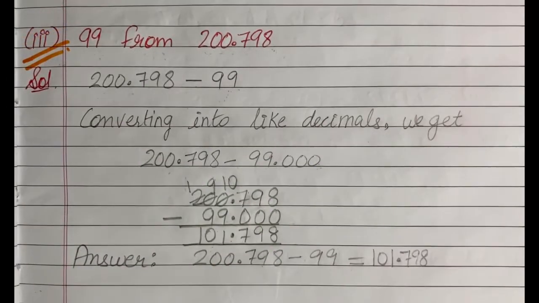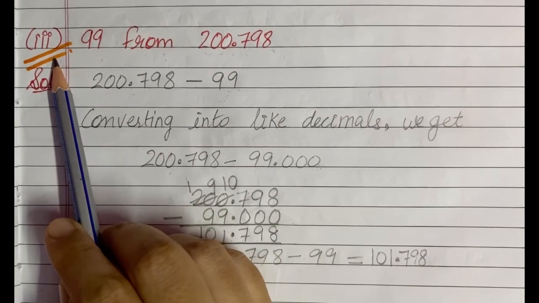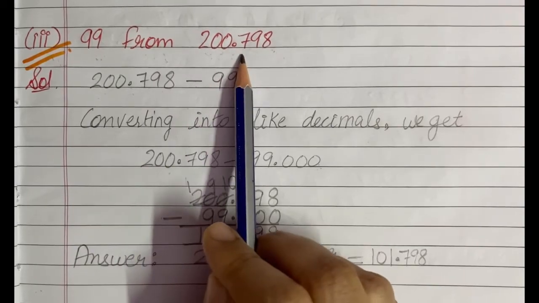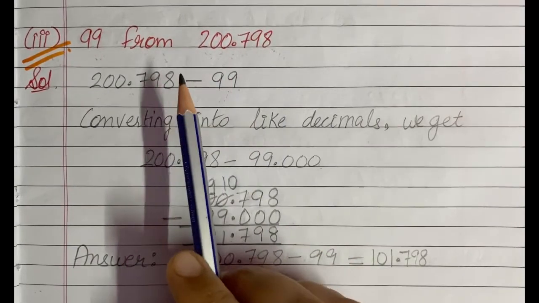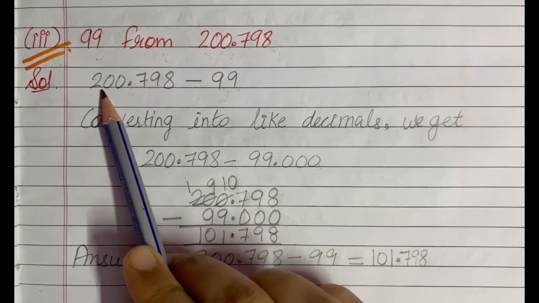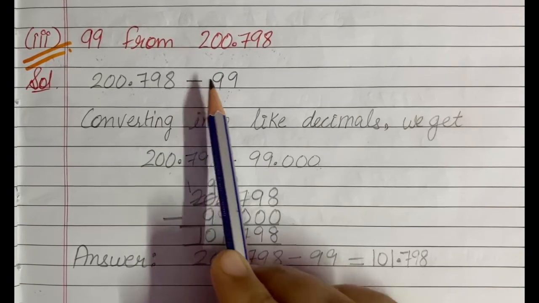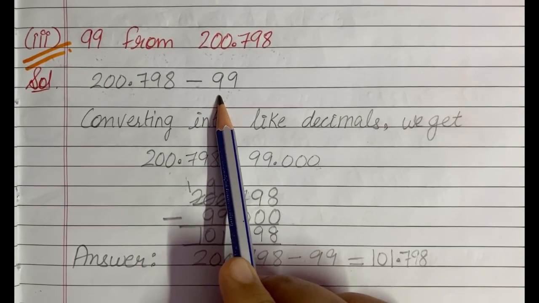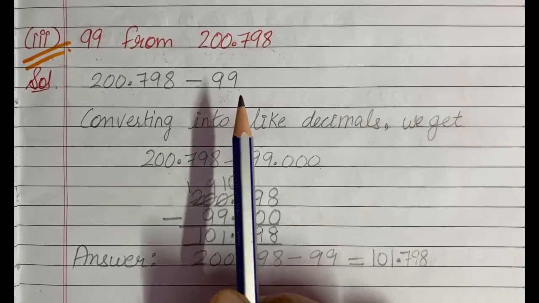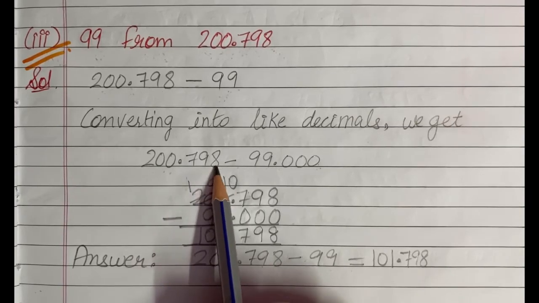Now students, next I have taken is the third part of the same question, and it says that subtract 99 from 200.798. Now students, here the word from is used, so we will write 200.798 at the first place, then minus sign will come, and then we will write 99. After that we will convert the given numbers into like decimals, and on converting we will get 200.798 minus